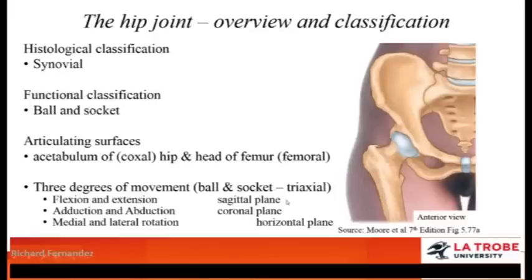The articulating surfaces, as you can see in this diagram, are once again the head of the femur and the acetabulum. The hip joint is also referred to as the coxofemoral joint. Coxal is Latin for hip bone, and femoral of course refers to the femur. Being a ball and socket joint, it's triaxial, so it has 3 degrees of movement. There's flexion and extension in the sagittal plane, adduction and abduction in the coronal plane, and medial and lateral rotation